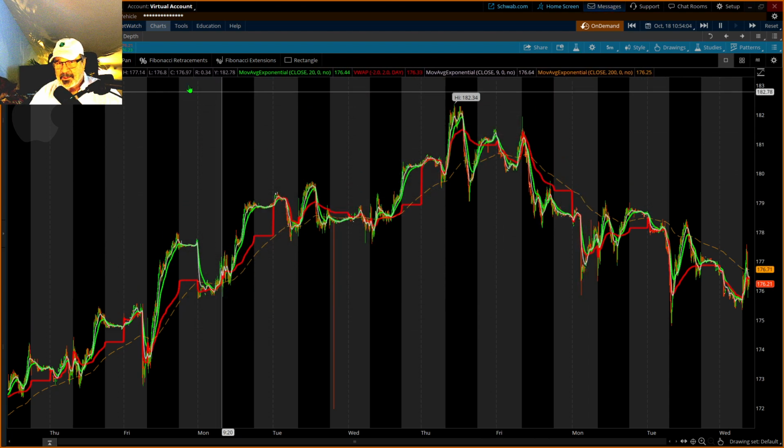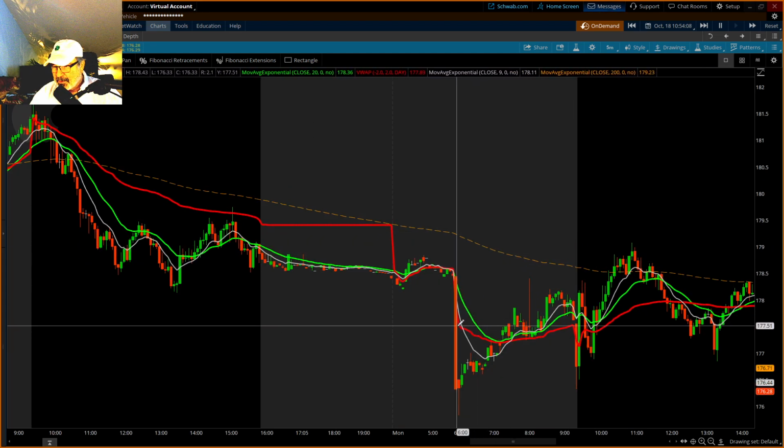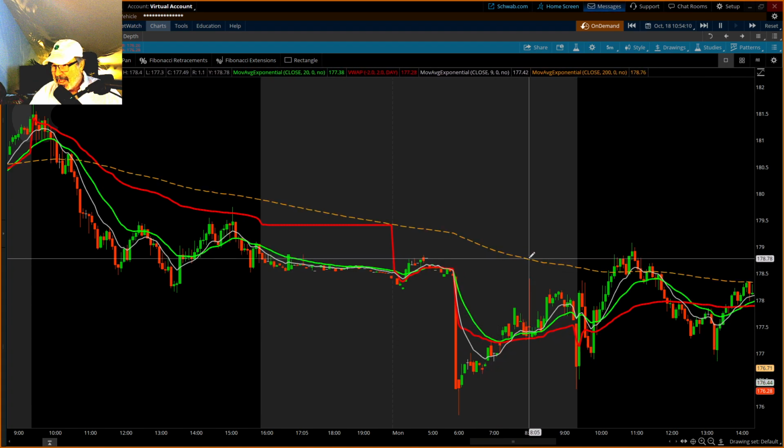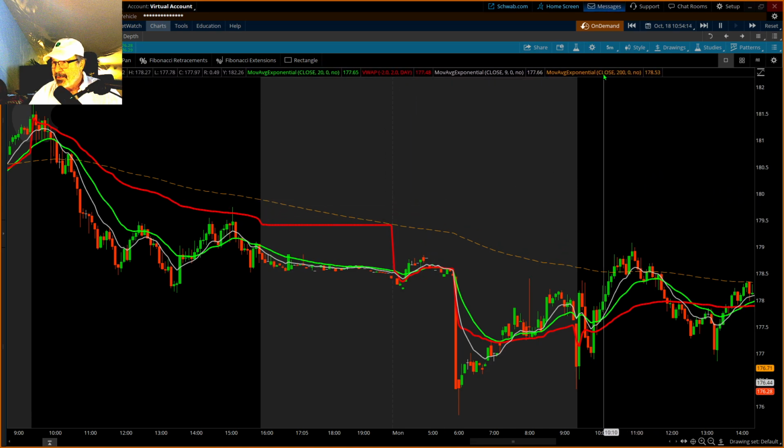I just want to make sure I've got it here, guys. So let me just zoom in here. Oh, there's the gray. Okay. And there's that. So I don't, oh, that's the one. That's the 200. And then here's our VWAP. Okay. So now on this 5-minute,